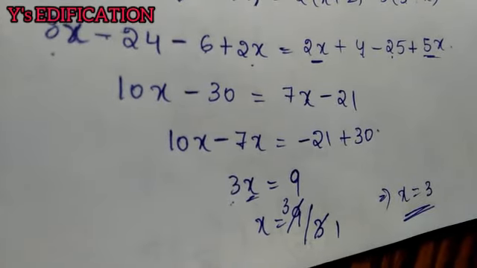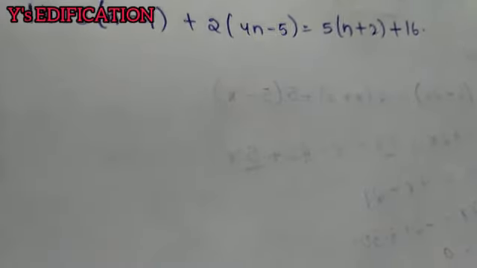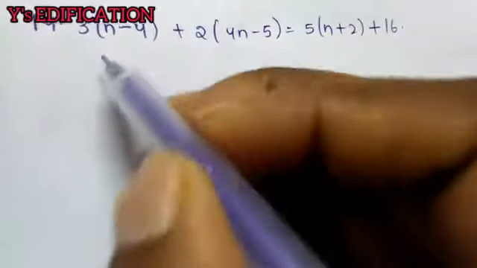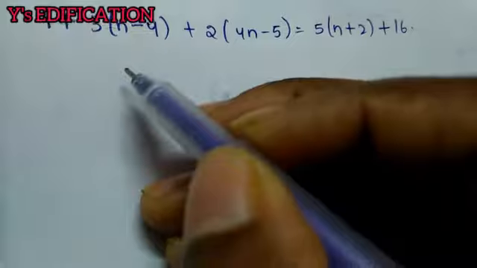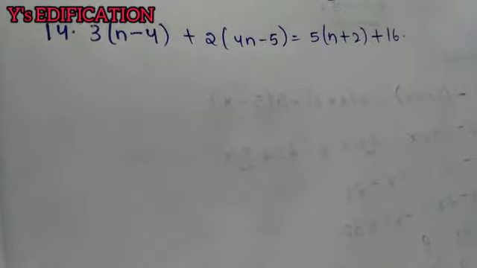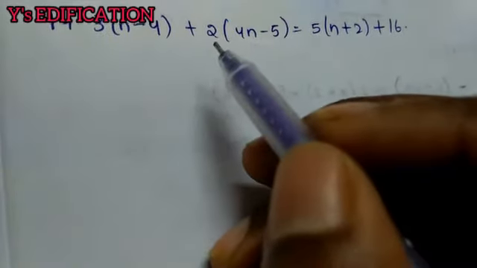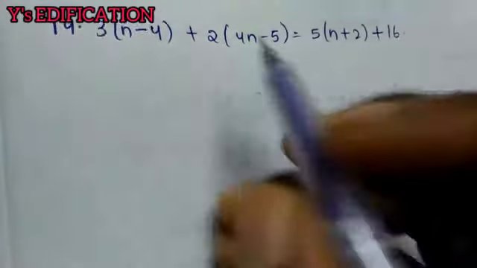And let's do one more problem. Okay. And this is the last problem. So I think by this time you got to know how to solve these equations which are having variables on both the sides. Okay, let's do the last problem.